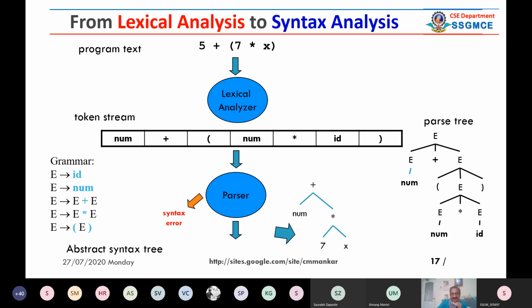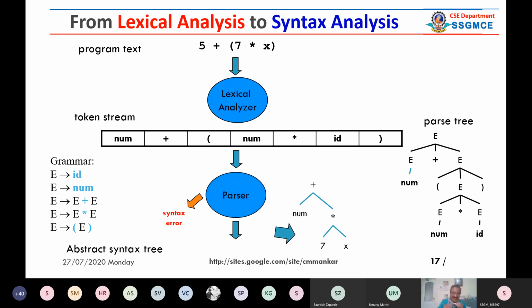in scanning. Now this is linked with the parsing. I said that the string of tokens generated by a scanner is fed as an input to the syntax analyzer or parser. Let us say every language has some grammar. For example, here some simple grammar is there. There is only one non-terminal E, with a left side and a right side. ID means identifier, NU means number, E plus E, E star E, and bracket E and closing bracket. So let us say these are the 5 production rules.